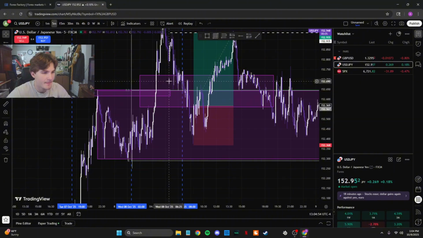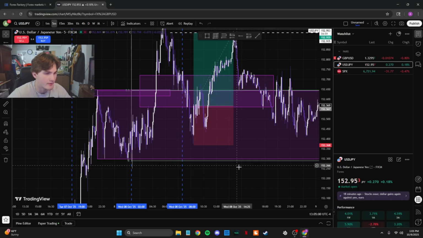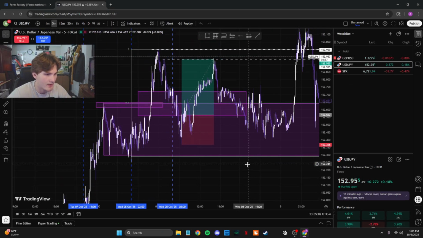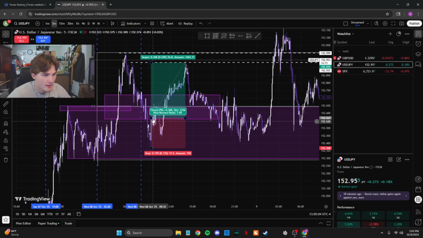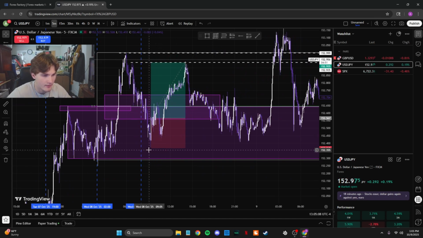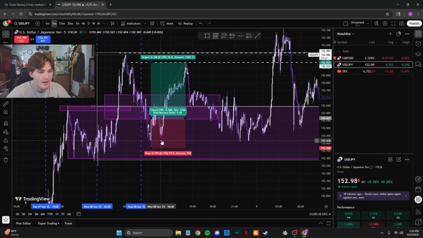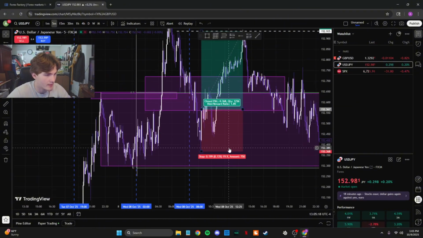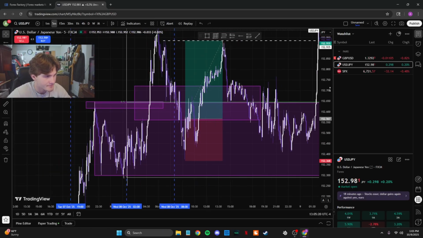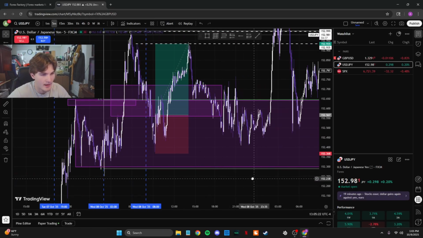Fair value gap got smoked, and you could see when it gets in there, it wants to come back up, so they go lower, bigger discount. They wanted a bigger discount on the equilibrium, clearly. Go back up, and they're like, oh, not enough. But then you get higher low, higher high. All right, we are going long. Still, this higher low is good for us because, first of all, if it went any lower, we would have gotten stopped out. So, not bad.